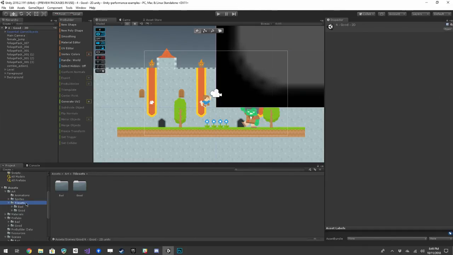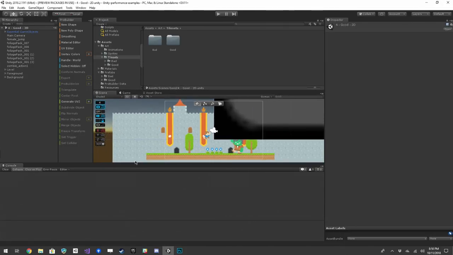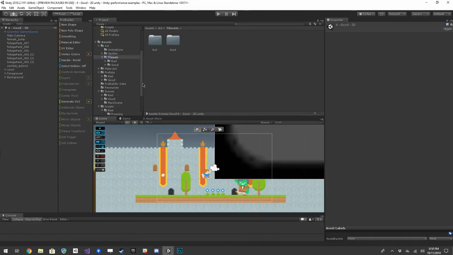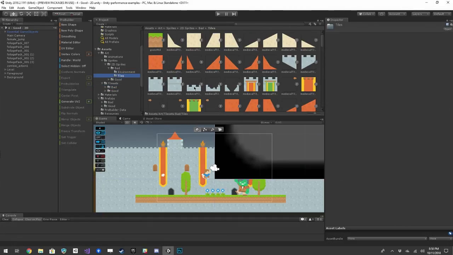So I've got 2 versions. Let me pull that up really quick. Here. Can everybody see that? Everybody good? Cool. So I've got the bad version, where let me go into 2D sprites. Bad. Here we go. Each of these is in both good and bad. The objects are their own, like all the sprites are their own file. So I told you guys not to do that before, right? Like to use